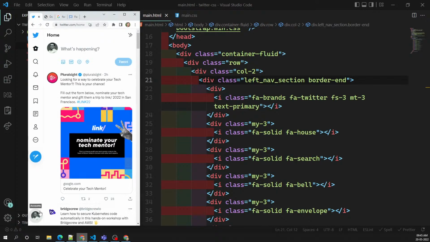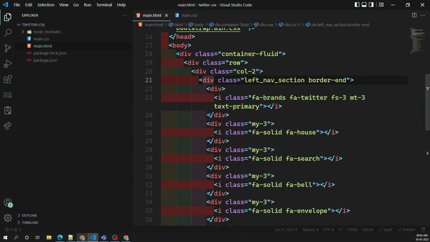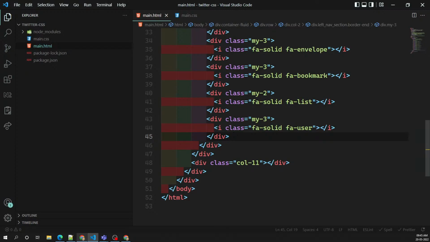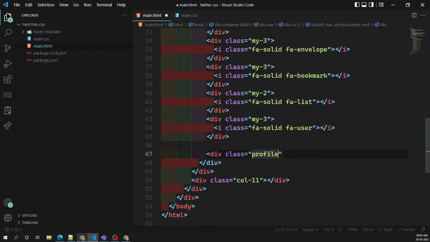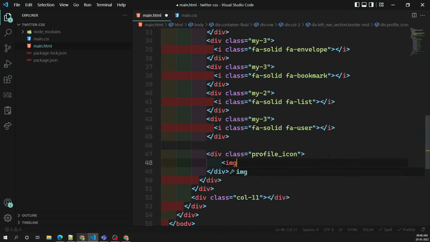So at the bottom we are able to see one profile icon. So these all icons are there, and at the bottom one icon is there. So let's try to do that icon. In this left section only, I will be having something around the profile icon. Okay, I will try to make the profile icon, and here I will try to use some